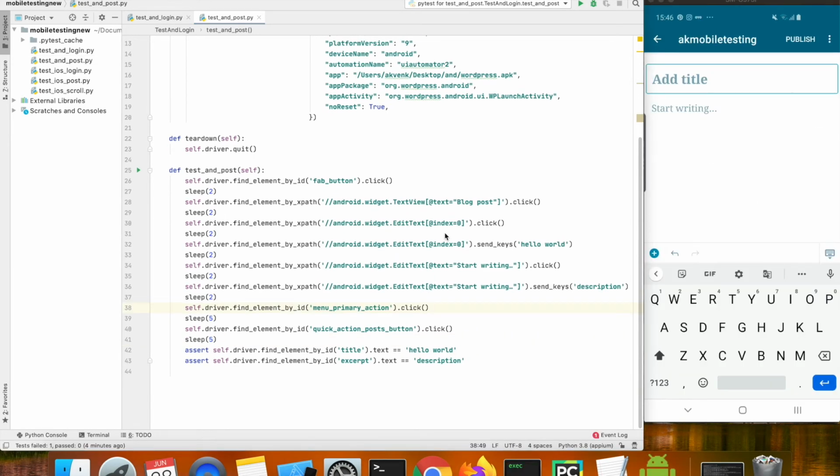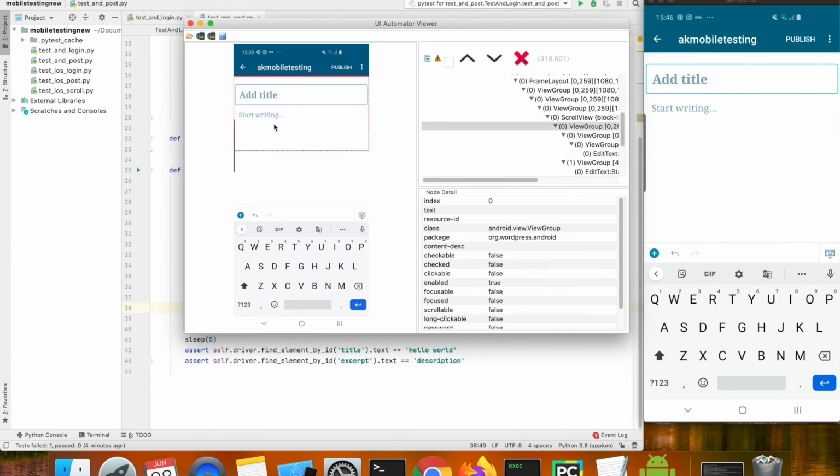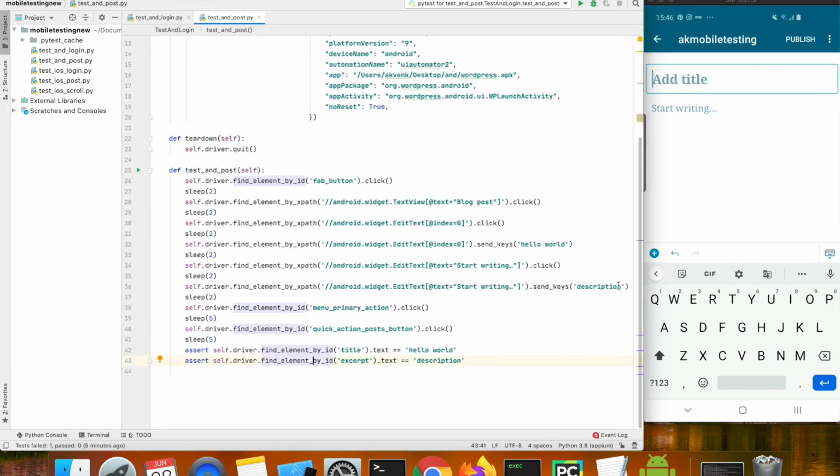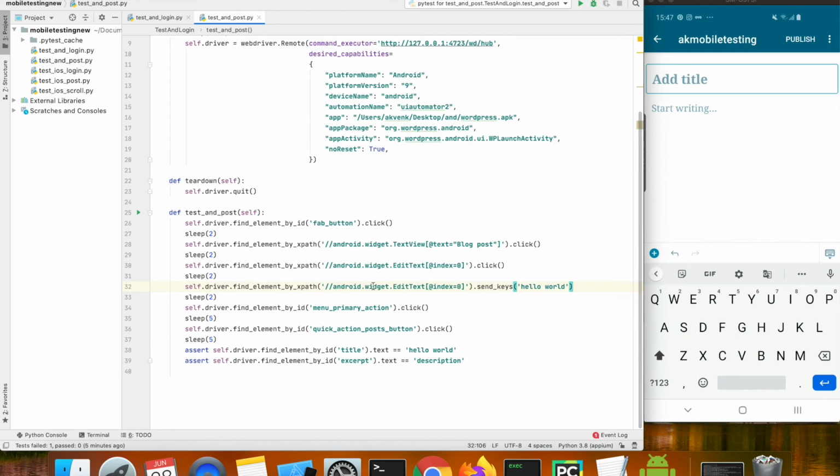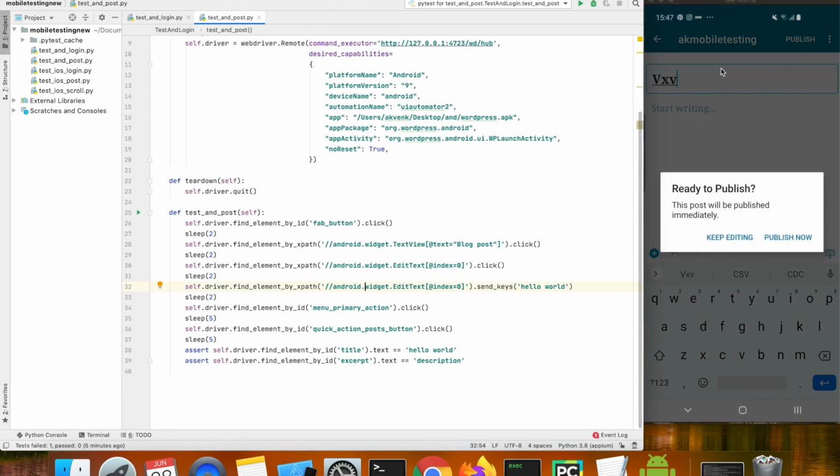I ran the script and found an issue with the description locator value. This needs a fix from the developer side. So to keep this simple, I'm going to remove the description related code from the test script, and if you notice, after the user clicks on publish, we show a pop-up.